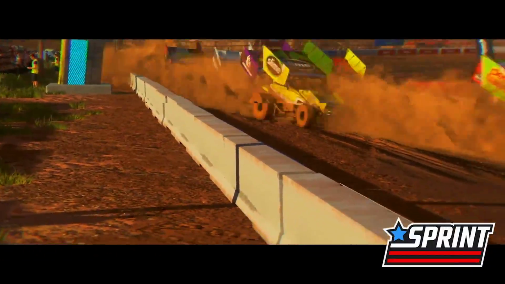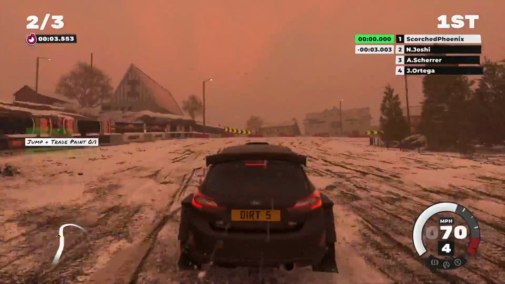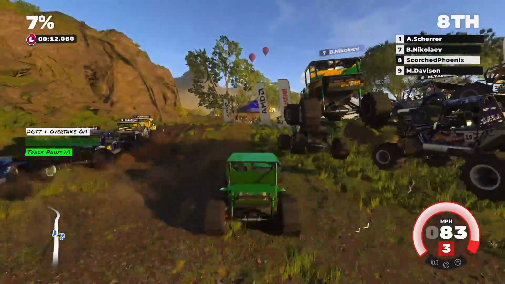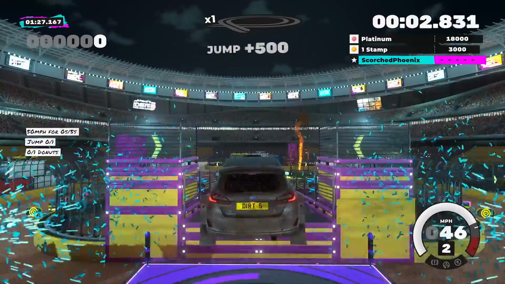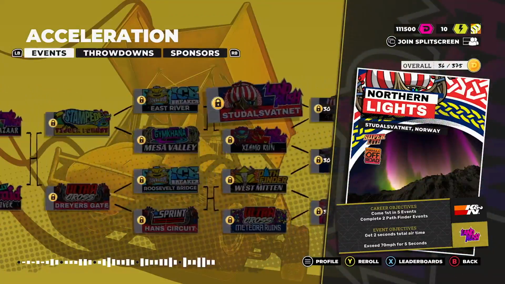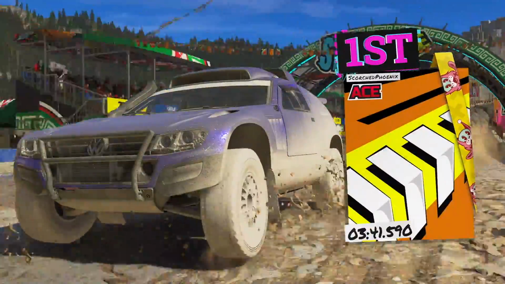Where Dirt 5's visuals deserve the most kudos, though, is with their variety. You'll see snow, ice, dust, the golden hour, pitch darkness, a gymkhana arena, and more as you race through track after track in the career mode, with all of that environmental grime kicking its way up onto the body of